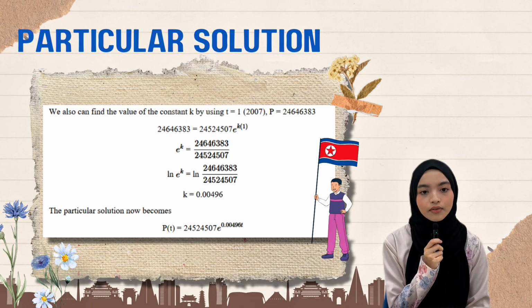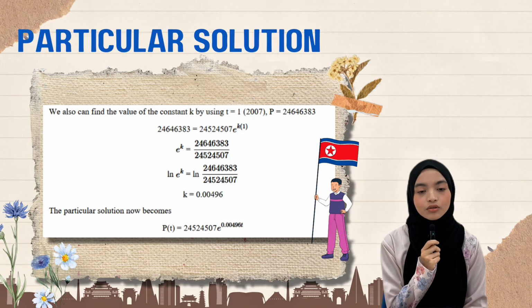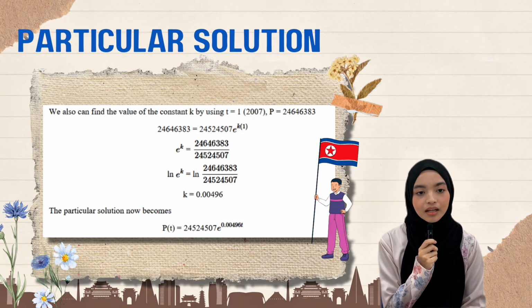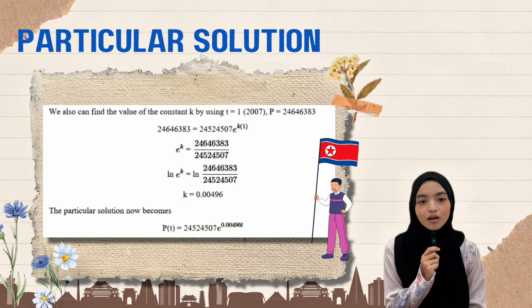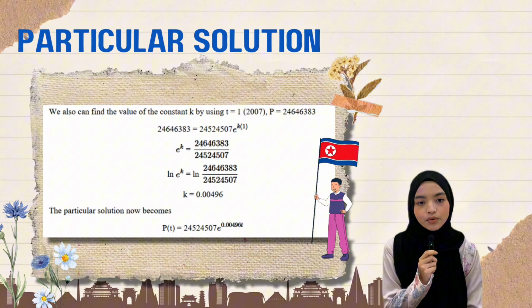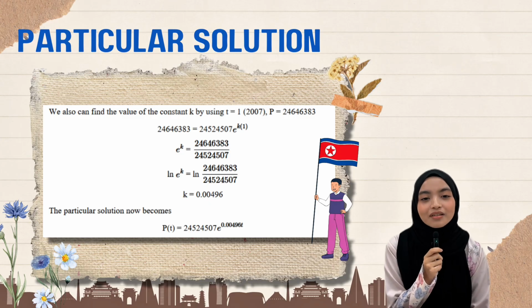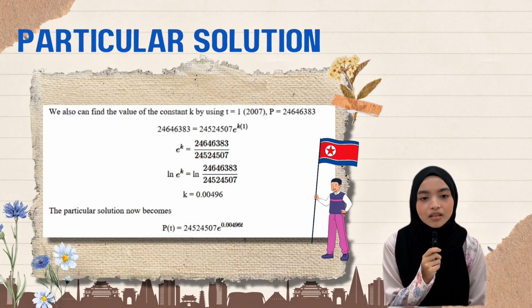24,646,383 = 24,524,507 e^(k times 1). Then, e^k = 24,646,383 over 24,524,507. Now, we take ln on both sides. k = ln(24,646,383 over 24,524,507). Then, k equals 0.00496. Now we got the particular solution, which is P(t) =